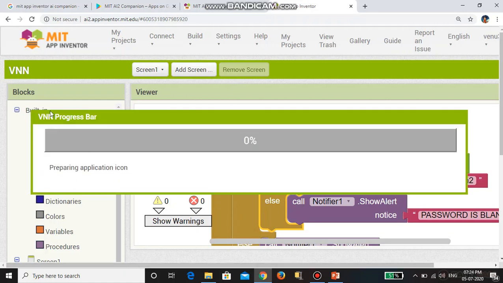The saving is in progress. That is, I'm packaging the app. I built the app by using this App Inventor. After that I want to package this app for future use.